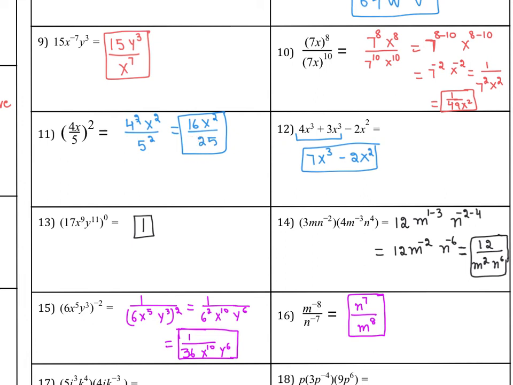For number 12, you can combine these two terms because they are like terms, same variable and same exponent. So 4 plus 3 is 7, but you cannot combine 2x squared with anything, so you keep it as it is. Question number 17. If you notice I will consider this whole term as one term because you have a bracket around it